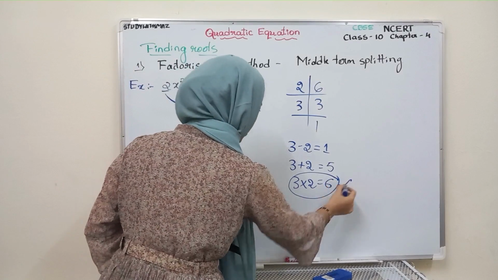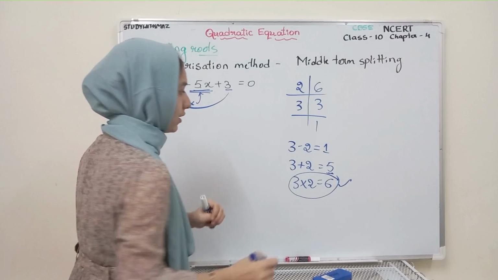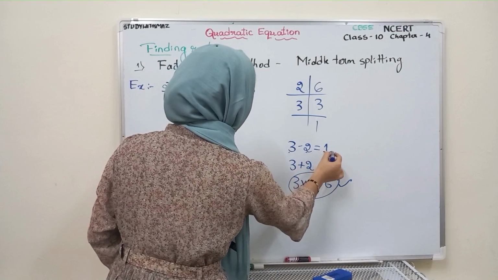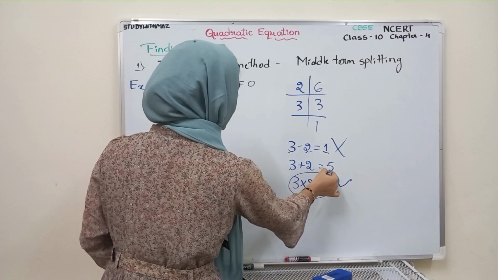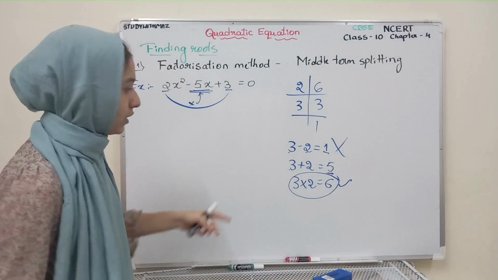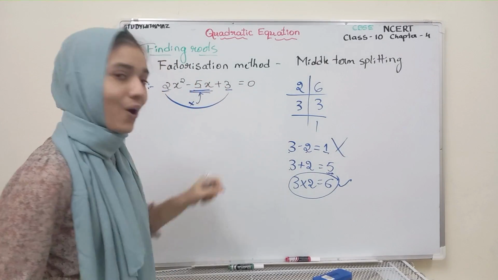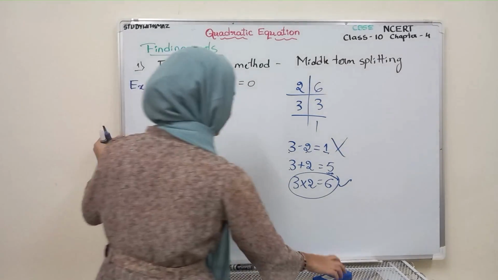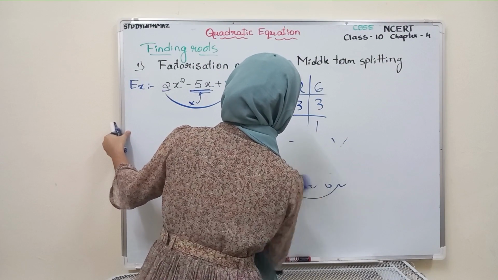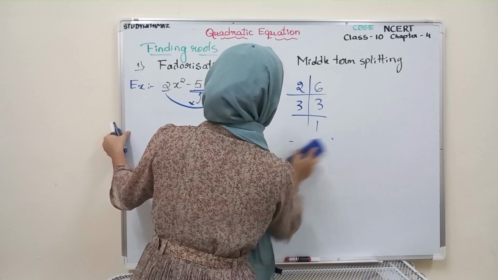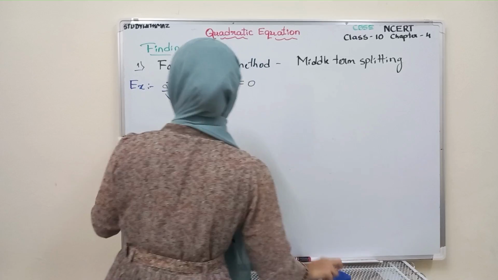So suited. Then the middle term is what? Your middle term is 5. So when you subtract, you get 1. So it is not satisfied here. So 3 plus 2, when you add this, you will get 5. So you have to split your middle term according to your prime factors. I hope this is clear. So your numbers are now 3 and 2. Your prime factors are 3 and 2. So according to that, you have to write here.